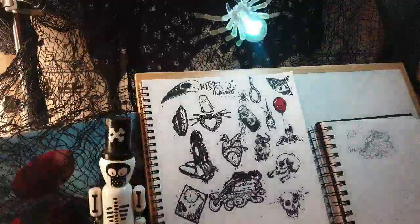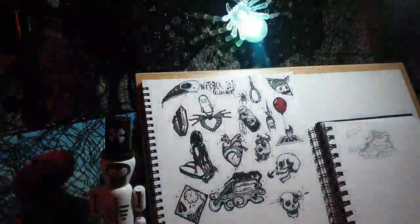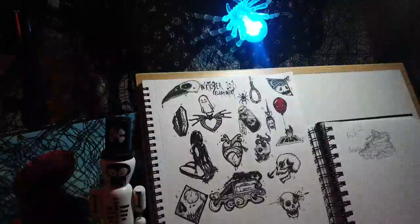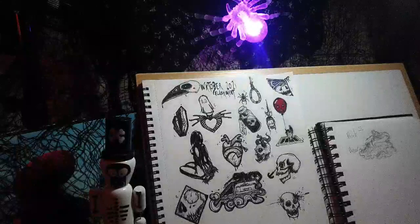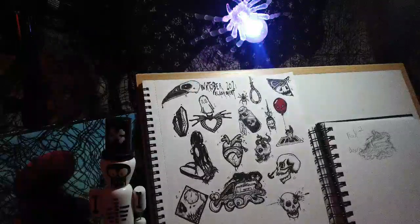I need to be able to see to draw. Oh, it's pretty cool without that light on. Hold on. Can you guys still see that fine? That kind of looks more spooky. We'll go with that, unless I get eye strain, and then I'll have to put it back on. But yeah,